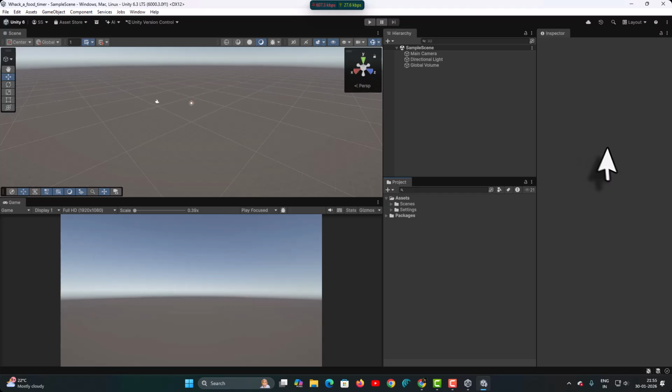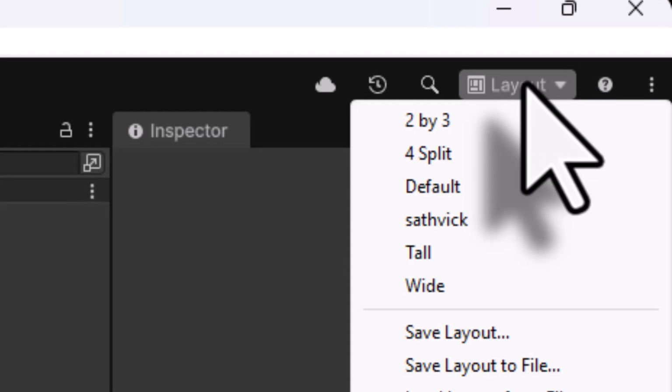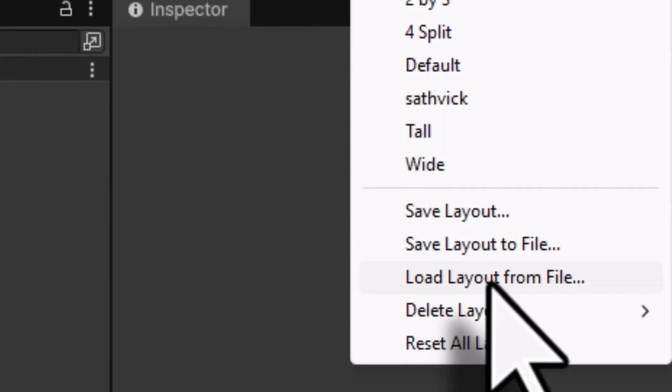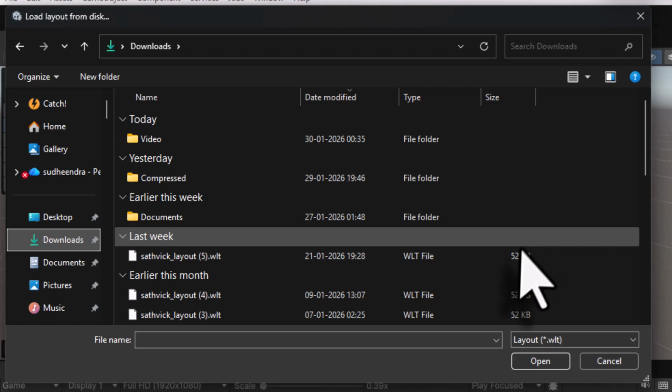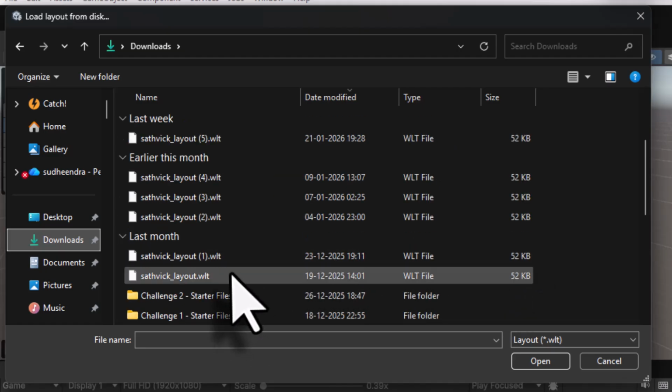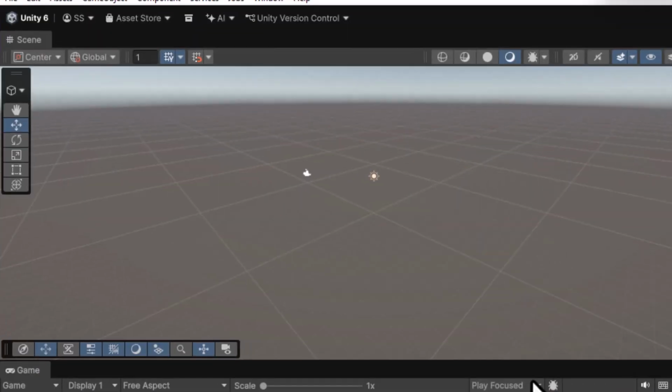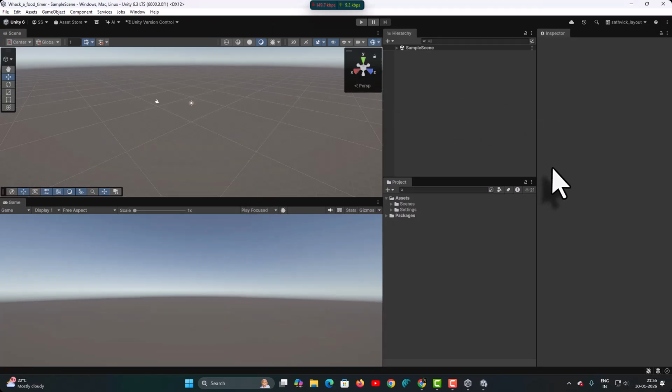Now if your screen layout doesn't match the layout that you are seeing in the video, then come to the top right corner and in this layout panel choose Sartreak. If Sartreak is not available, go to load layout from file, and in your downloads folder select the Sartreak_layout.wlt file and click on open. The layout you see in the video and the layout that you have in your computer will be the